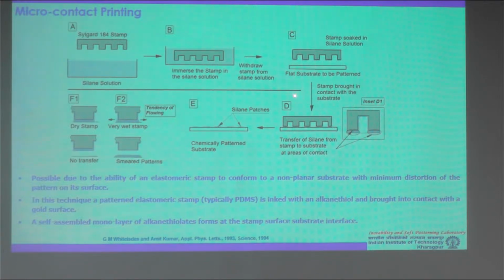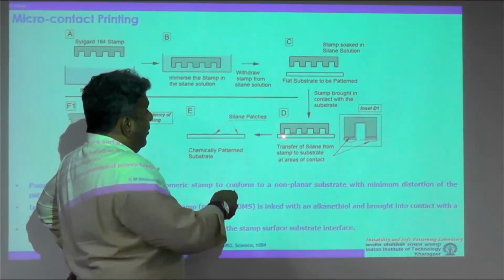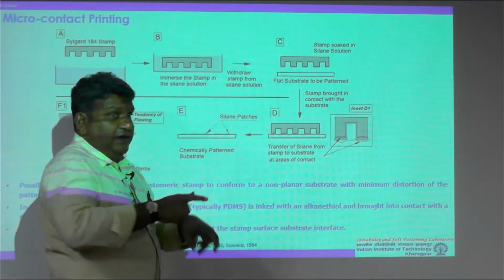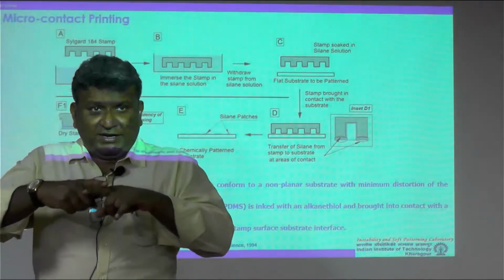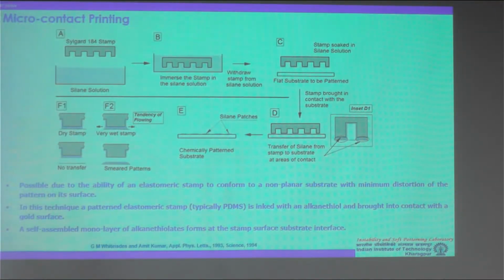And when you bring it in contact with the other surface which you want to pattern, what happens? Only over these areas, the liquid and the solid come in contact. So now the SAM formation, the self-assembled monolayer formation, happens only over these areas, that is, these protrusions of the